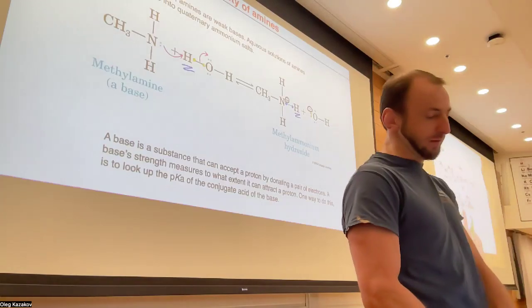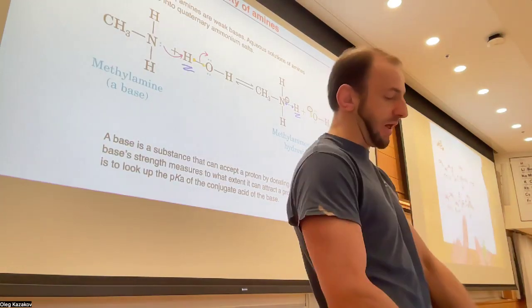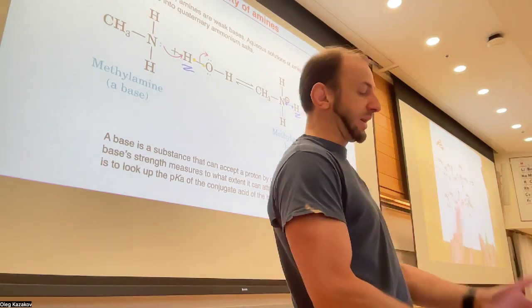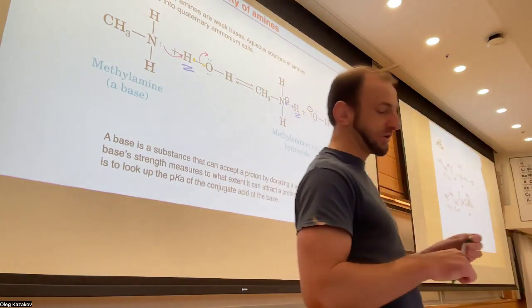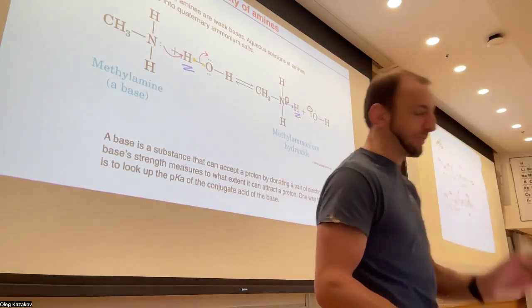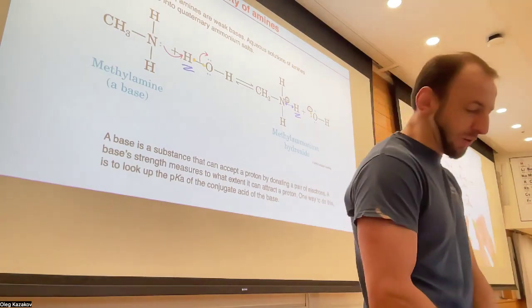Because if you look at this, it can theoretically act as a base, because O minus can accept H plus, right? Very legitimately. So if this was the base, right, the amine is a base by itself, then it's going to make what? Conjugate